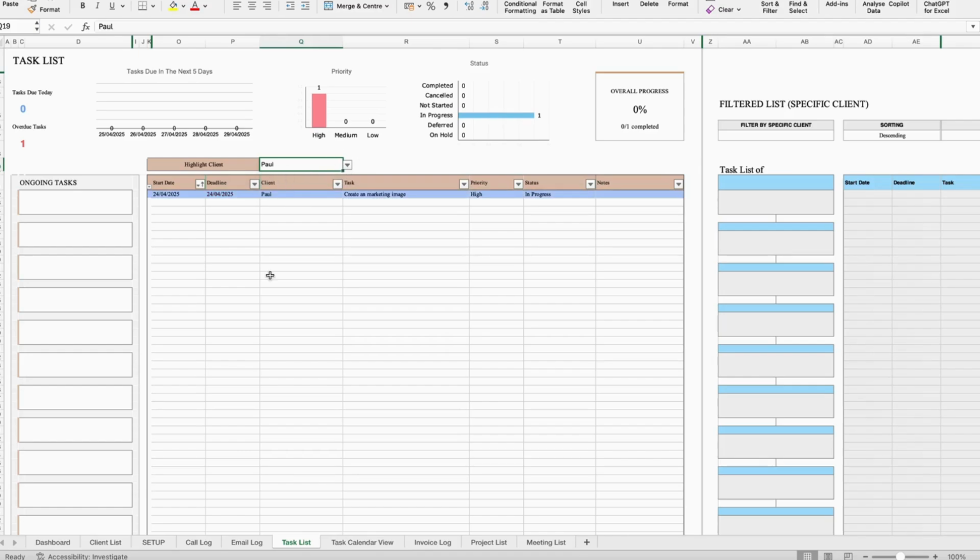For example, if I add another one, let me duplicate this. Actually, you can do that with Control D. If I change the client, there's no client. If I change the client, it goes up. So you can highlight even